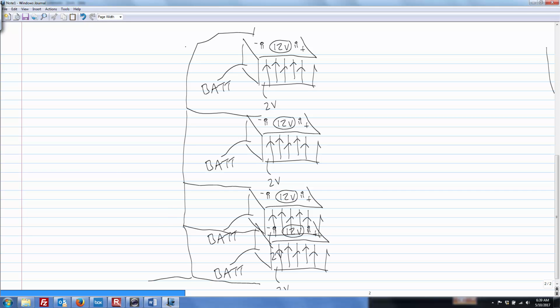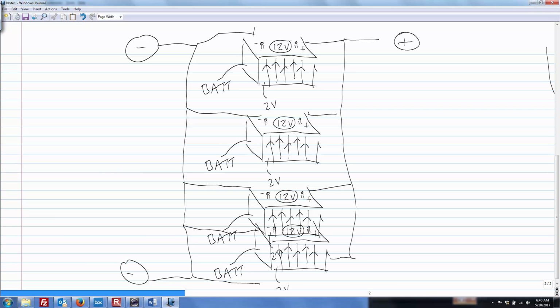So we'll have one big minus over here. It's the same minus down here. On this side we'll jumper all the positives together. We'll have one big positive up here, another big positive here, and again you could call this 0 volts, and this is 12 volts. So for series,